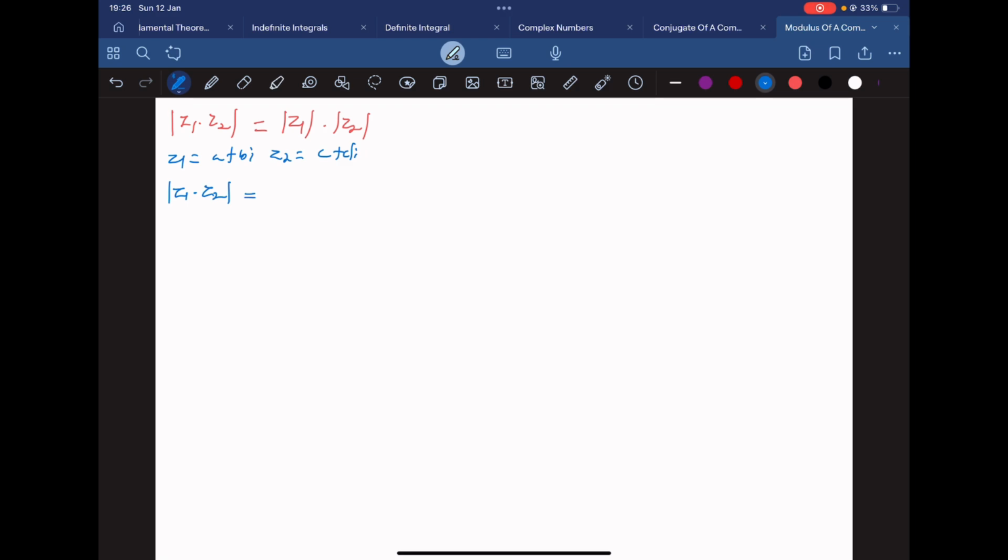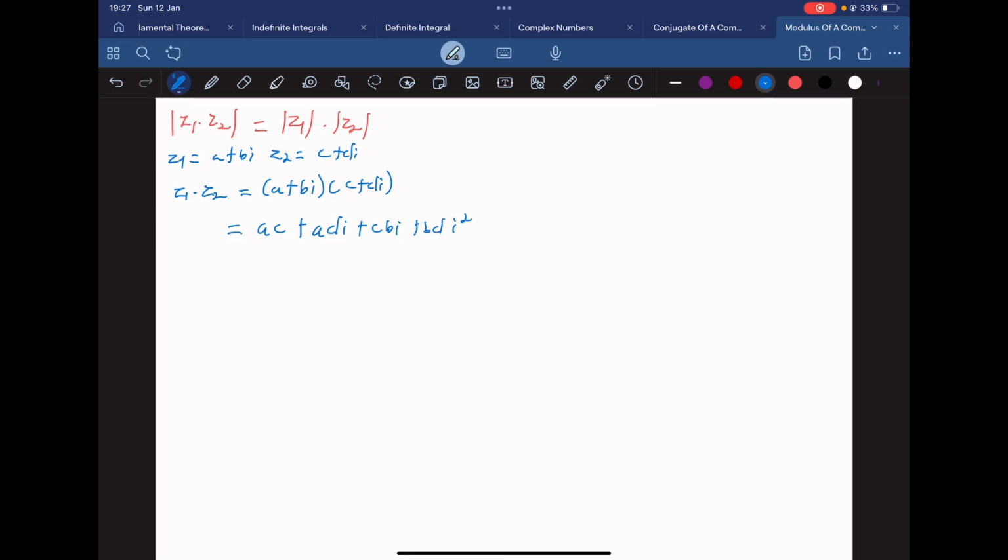First of all, let's simplify. Let's find z1 dot z2 first before we find our modulus. So z1 dot z2, this is a plus bi multiplying c plus di, and we have to FOIL it. So first times first, so a multiplying c, we have ac. This multiplying this, we have adi. These two multiplying, we have cbi, and the last two terms multiply, we have